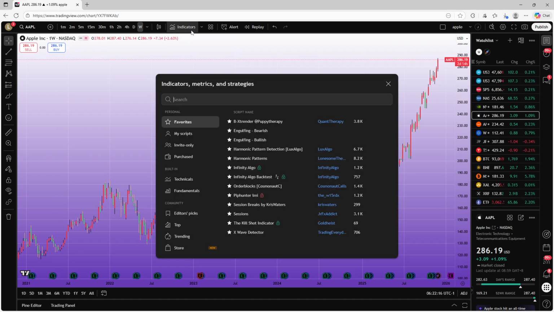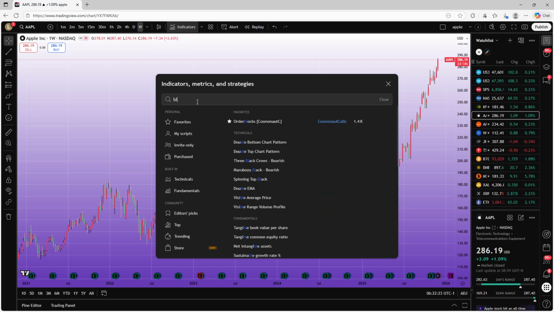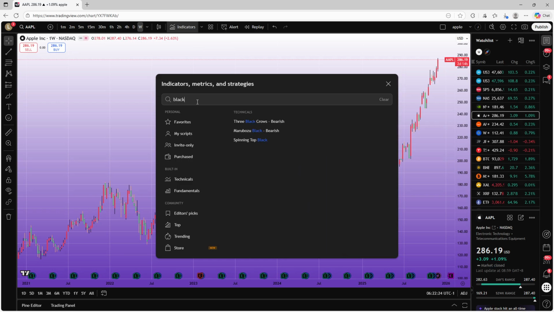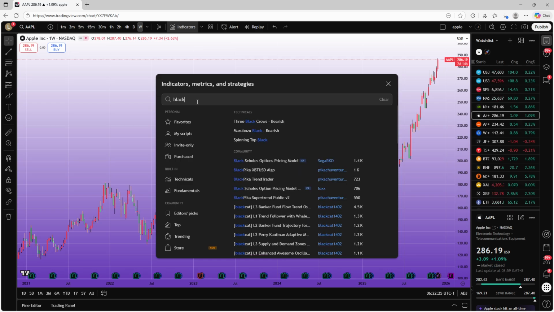This opens the main Indicators and Strategies window, where you can search through everything available on Tradingview. Inside that search box at the top, type the word black. Typing this narrows down the list so you don't have to scroll through a ton of options. Tradingview will instantly filter the indicators to show anything related to that keyword. Be sure you're spelling it correctly and that you're in the Indicators tab, not Strategies or other sections, so that